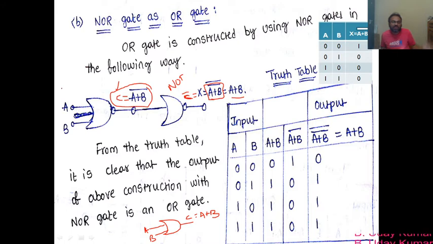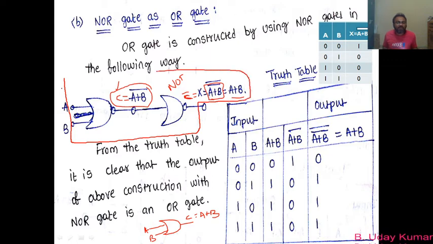Even from these mathematical expressions, you can easily say that the output of this entire configuration, this is our configuration, right, which has two inputs and one output. So the inputs are A and B and its output is X. From the logical equation, if the input terminals are A and B and the output is coming out to be A plus B, that means directly you can say that this combination or configuration is acting like an OR gate.